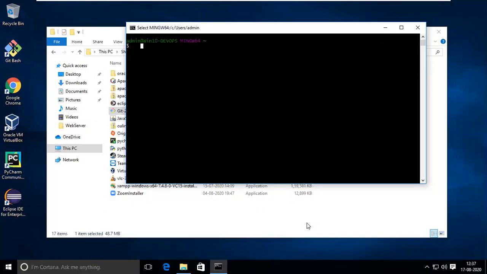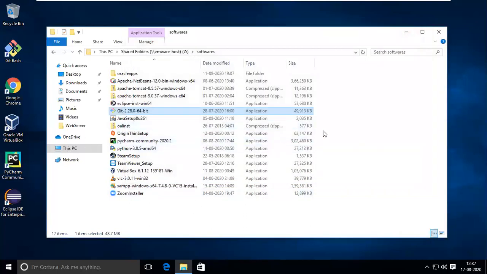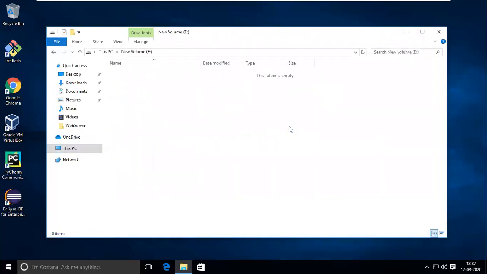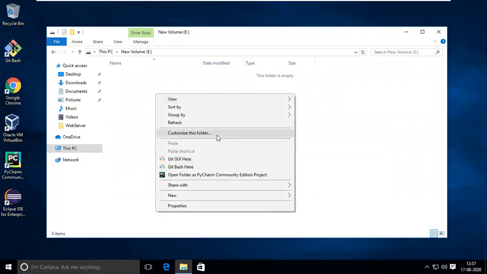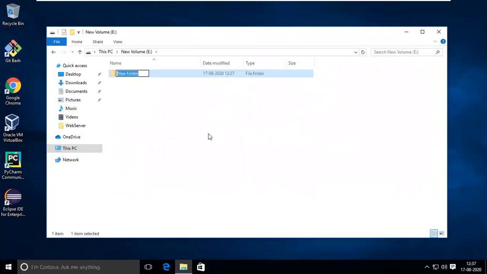Now, how to troubleshoot? So I put a command called pwd. Can you see where our default folder is? It is there. Okay, so if you want, you can close this one, and you can open it anytime. What I'm going to do is go to the E drive and create a new folder. I put Git projects.